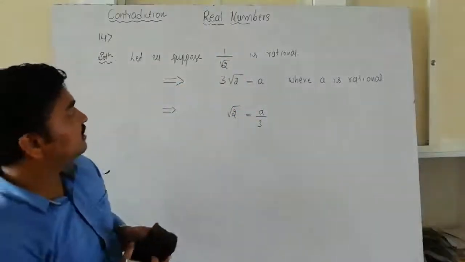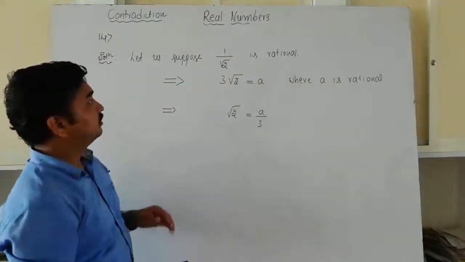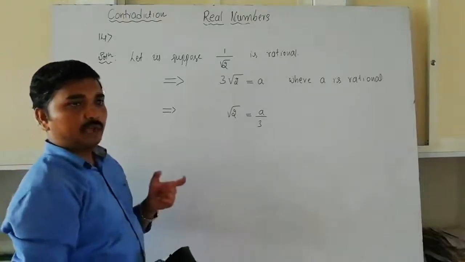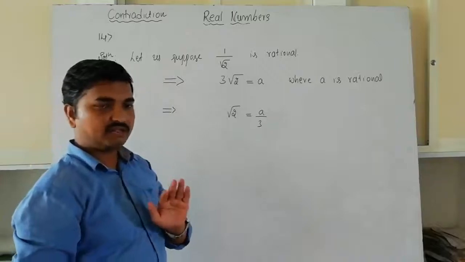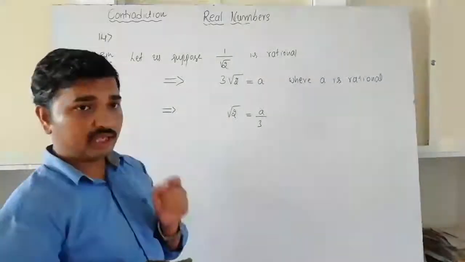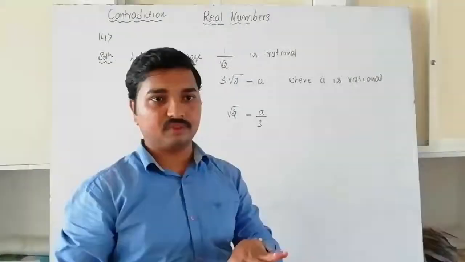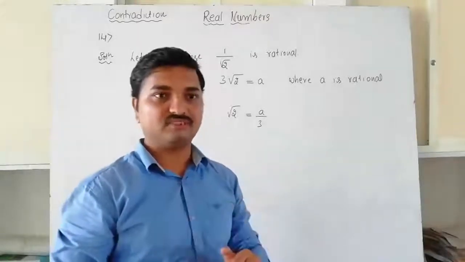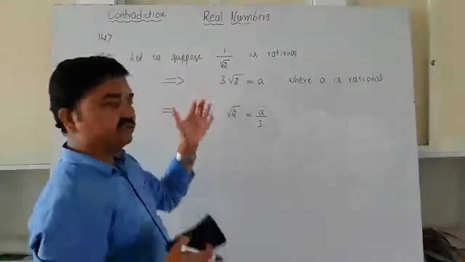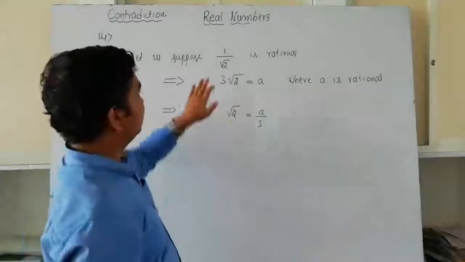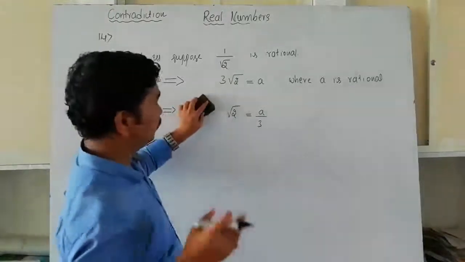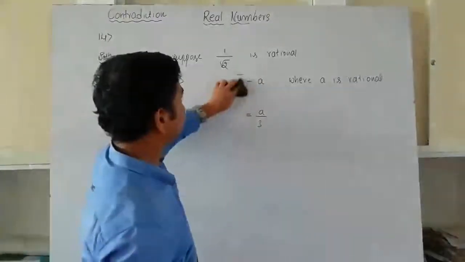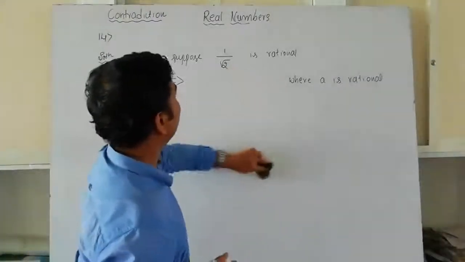1 by root 2 is irrational, where root 2 is irrational. Root 2 is irrational, it is given. It is known to you. Even though it is not given in the problem, you know this one. You can treat it as known. Now it is already given in the question itself, I think. So 1 by root 2 you need to prove here. Now look here. If you want, you can write this one. It is better to write this one. Now look here.